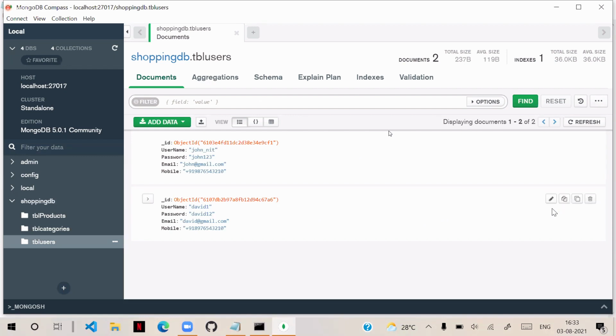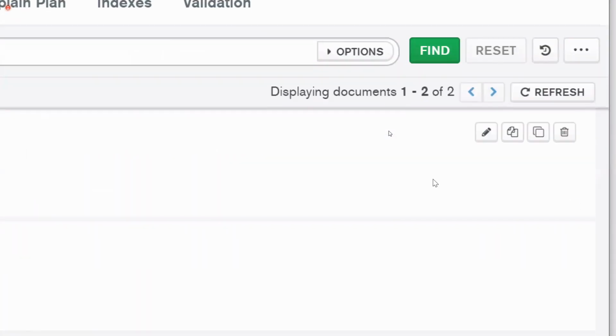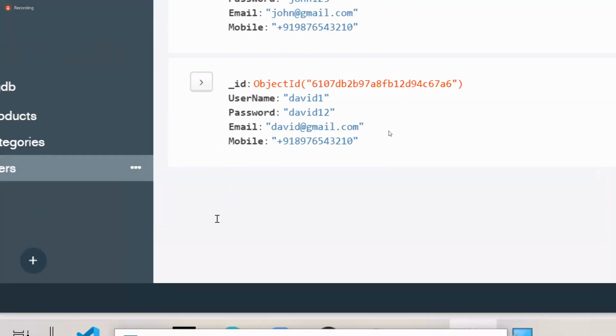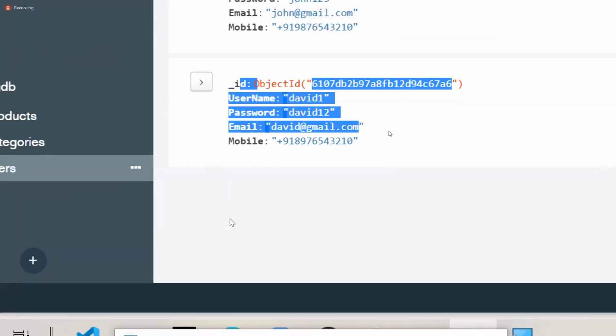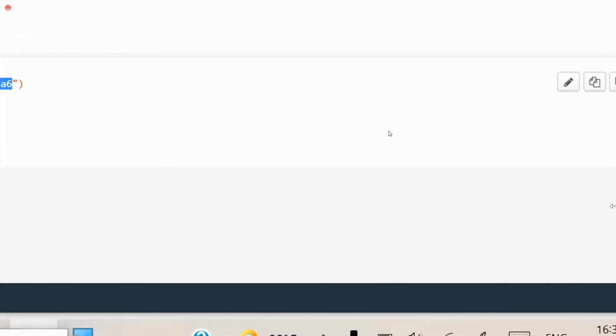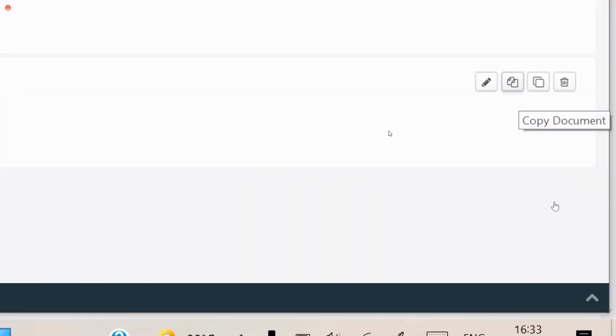That means in the right corner, for every record, you have the buttons available. You will find the related information here. You have the options edit document, copy document, clone document and delete document.